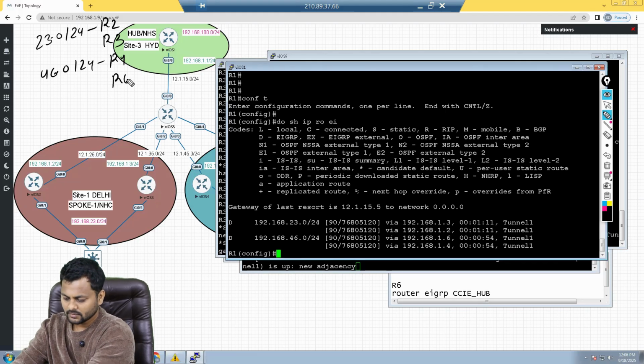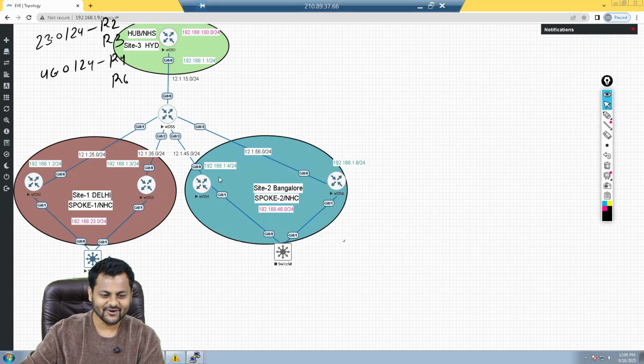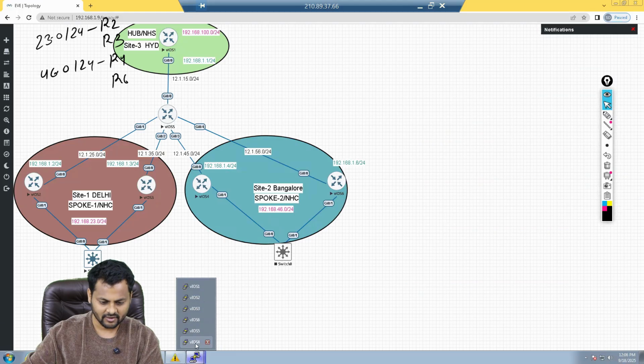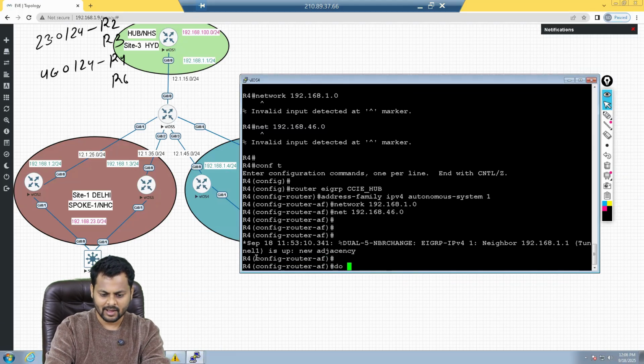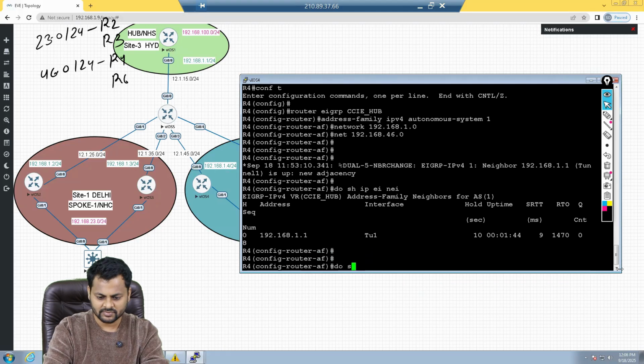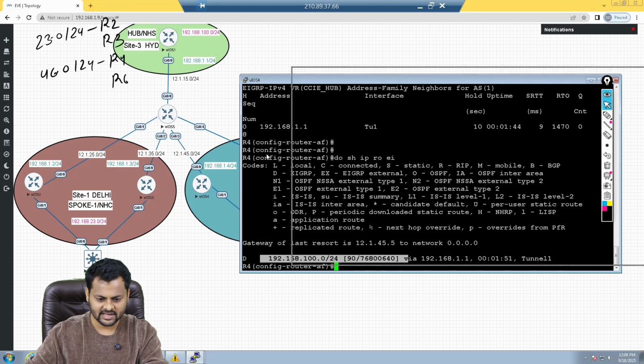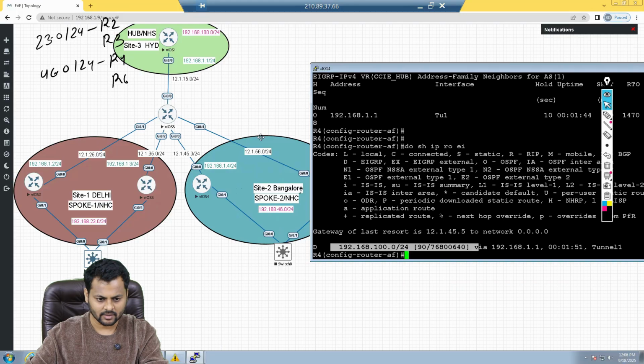So I finally have the routes on router 1, but if you look at any of the client routers, like router 4, I do have an NHRP neighborship with the hub router, and I should receive the routes from the hub only, not from the spoke routers. It means that the Bangalore branch can communicate with the Hyderabad branch, no problem, but Bangalore cannot communicate with Delhi because I don't have a route for Delhi.